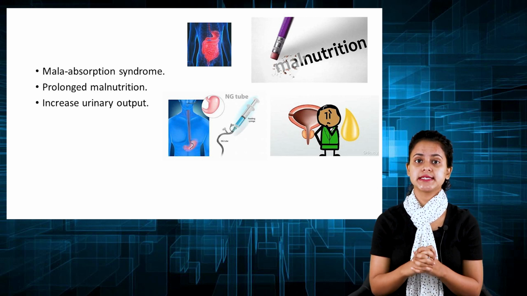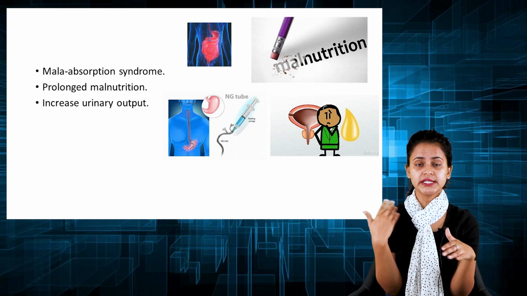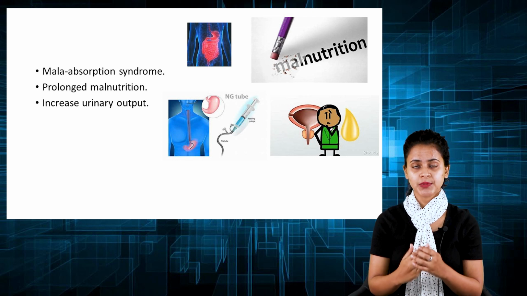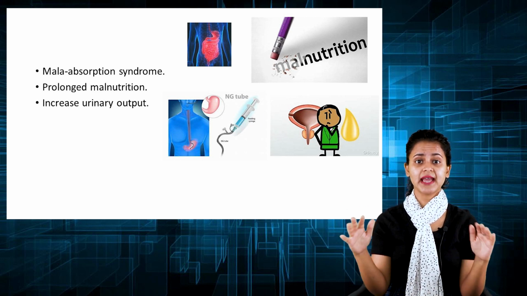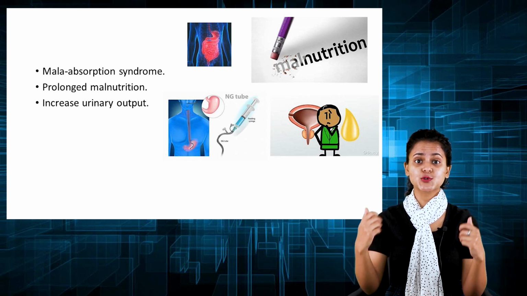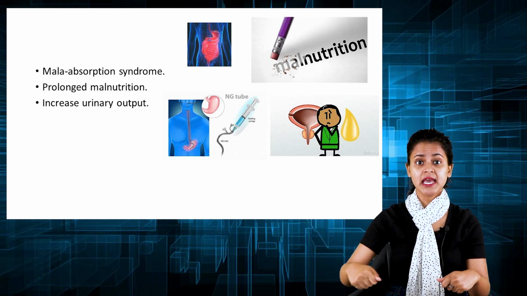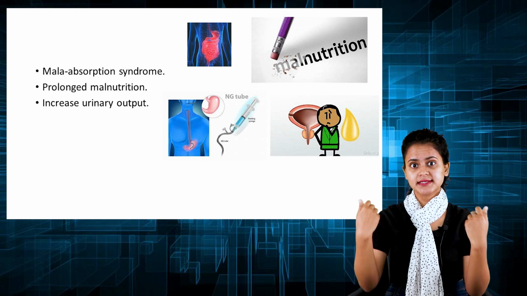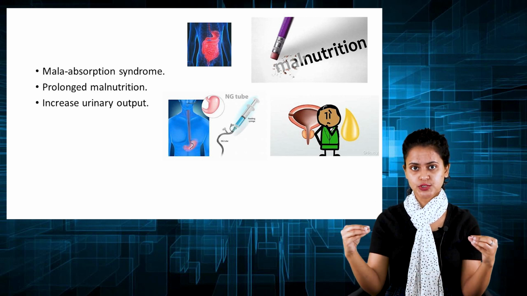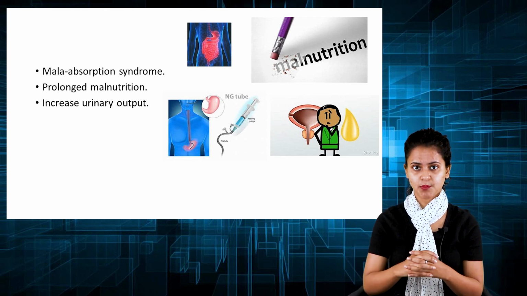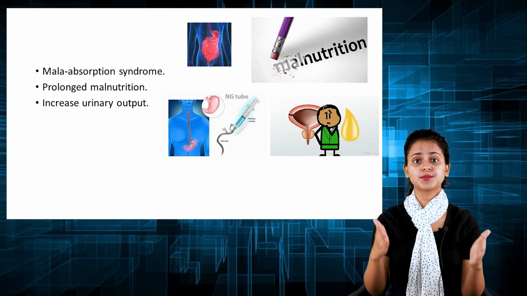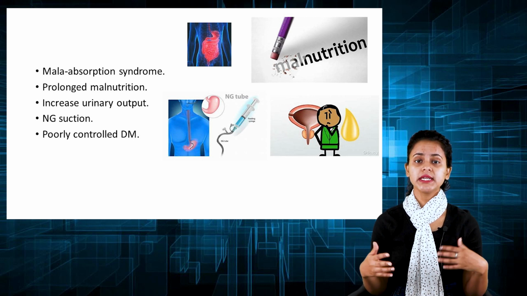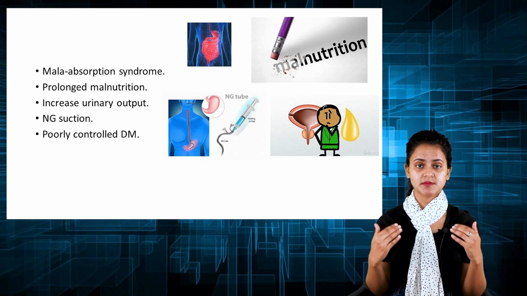Next condition is a prolonged or increased urinary output. Now, certain conditions or the usage of certain therapies like diuretics, if it is going beyond the level and increasing the excessive amount of urinary output and urinary excretion from the body, this will be often associated with the development of hypomagnesemia. Poorly controlled diabetes mellitus,